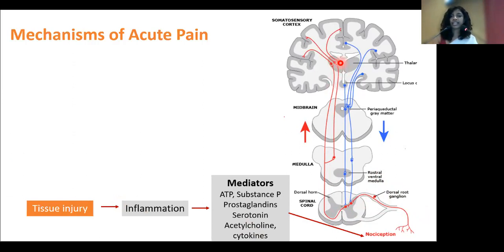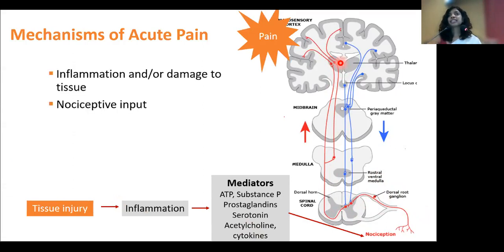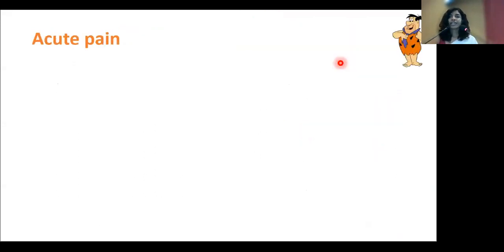So that's how we feel or perceive pain. So this is essentially, as I told you earlier, due to an inflammation or some form of damage. This is what we call nociceptive pain or a nociceptive input. And this is often what we get as acute pain in rheumatic diseases. And traditionally,